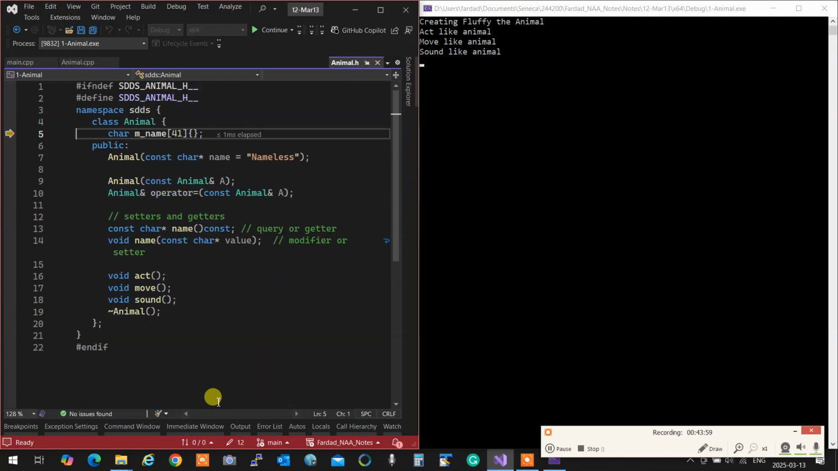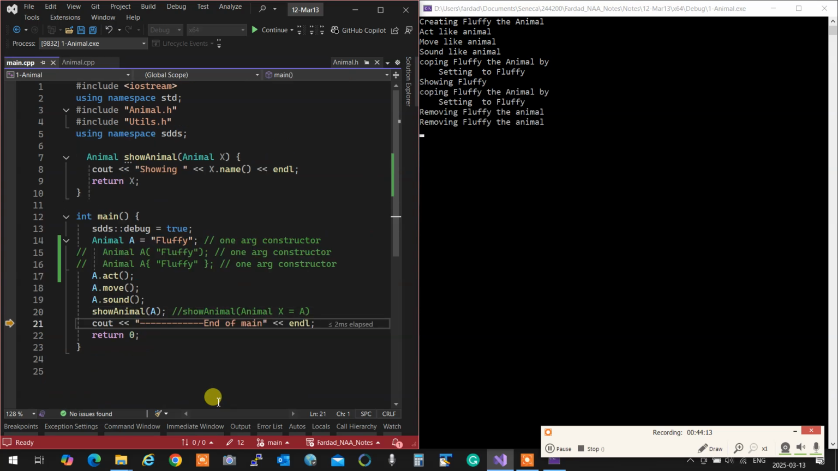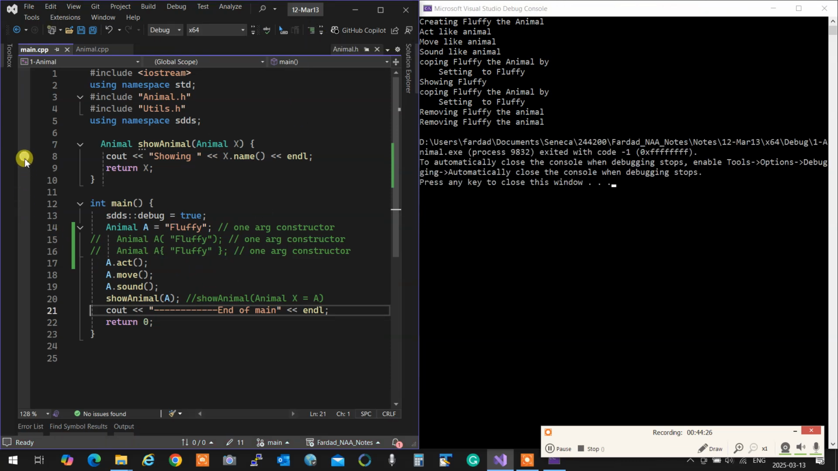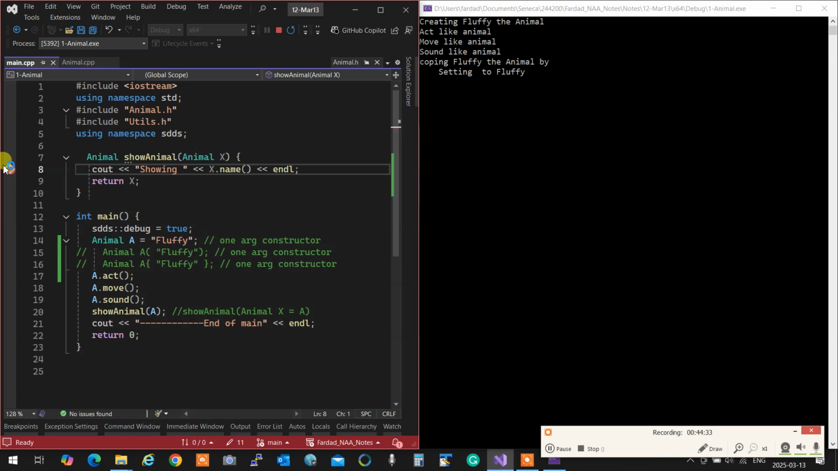As you see, again, construction happens and it is going to say copying Fluffy the animal by setting to Fluffy. So it essentially copies it. And a copy of animal A is passed. Oh, I passed through it. Okay, stop. I wanted to press F11. There you go. So I was here. That creates a stop sign. Now I'm going to press F5, and it goes right to stop at that point. You see? Okay. So I was at this point,